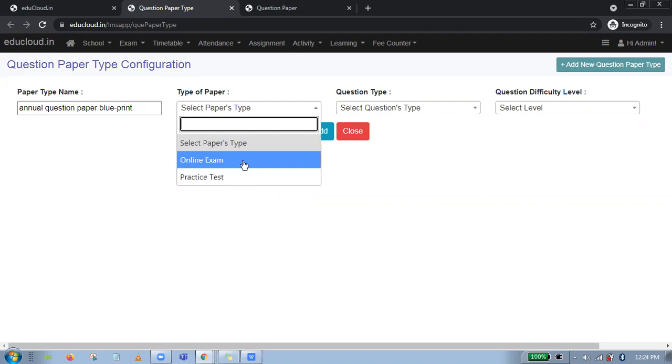What is it? When a student gives an online examination and completes it, he will only get a message that congratulations, you have submitted your exam successfully. And when a student gives a practice test, what is the difference? Let's say a student is giving a practice test, and once he finishes his practice test exam online,